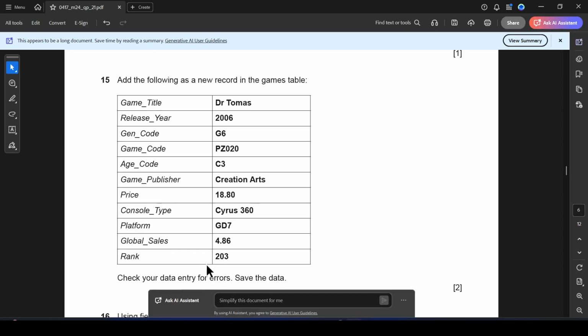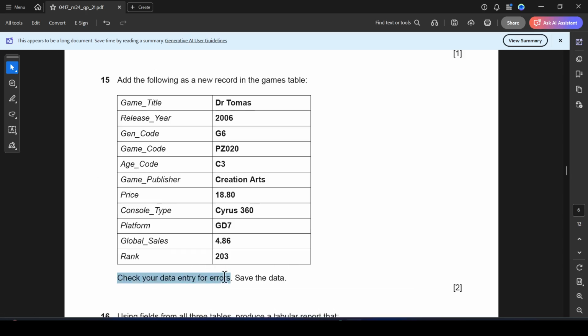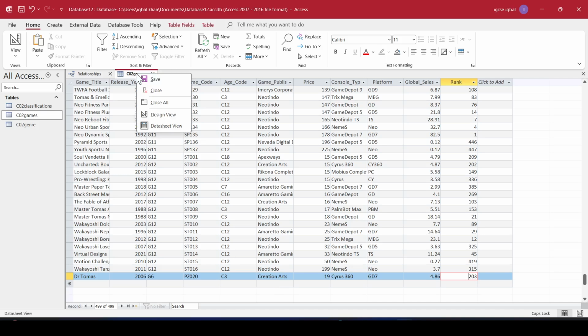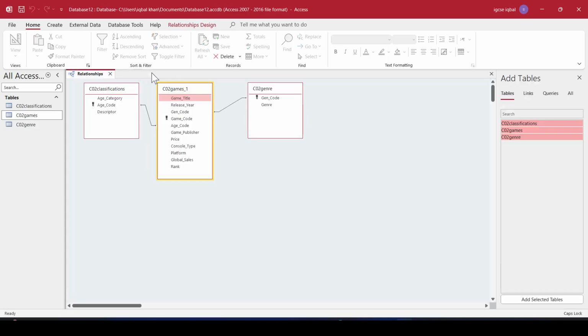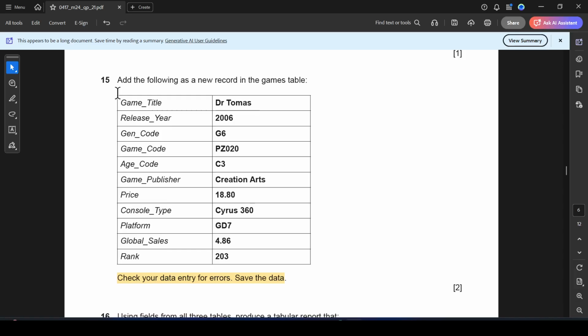Perfect. Did we encounter any error? No, we did not. Okay, and then if not, then save the data, right click, save, and close, and right click, save, and right click, close. Next,